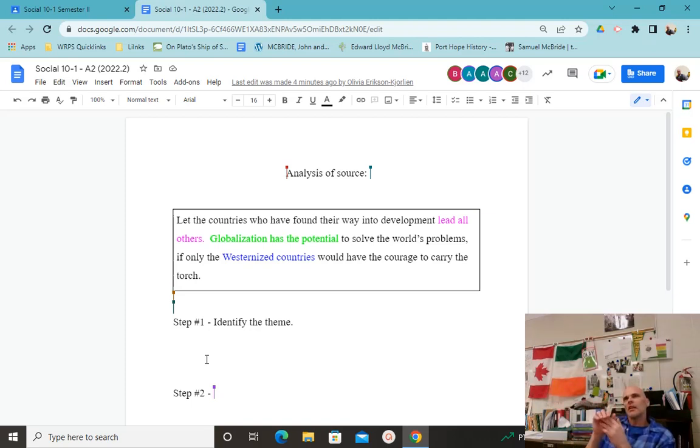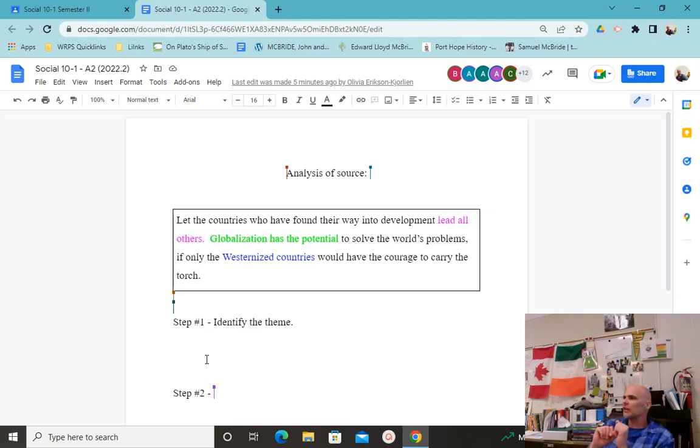Let's say the Edmonton Oilers want to win the Stanley Cup, and they have the potential to win the Stanley Cup. If only they had the courage to do something, they would win the Stanley Cup. So you can see how it connects, right? That it's an obstacle in the way. The lack of courage could be seen as an obstacle in the way of overcoming the problem. And sometimes the obstacle becomes the problem.